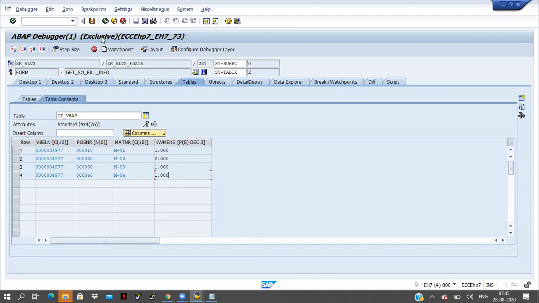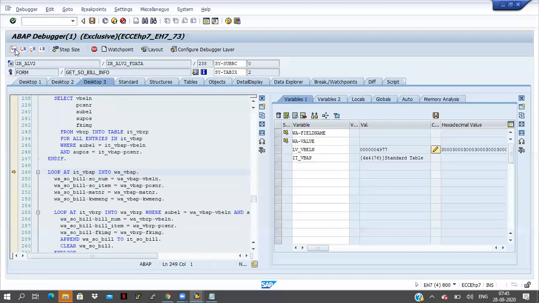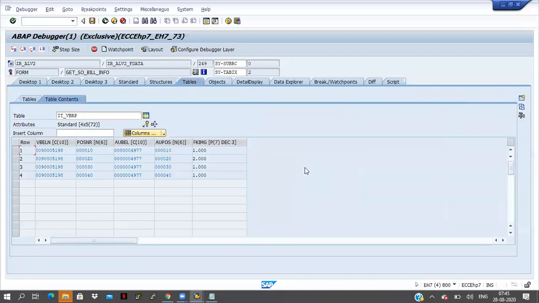Okay, fine. Now what I'm doing, I'm passing the sales document number and item number to VBRP table, to AUBEL and AUPOS. Click on F5 button. If you double click on IT VBRP, here also 4 items are coming.